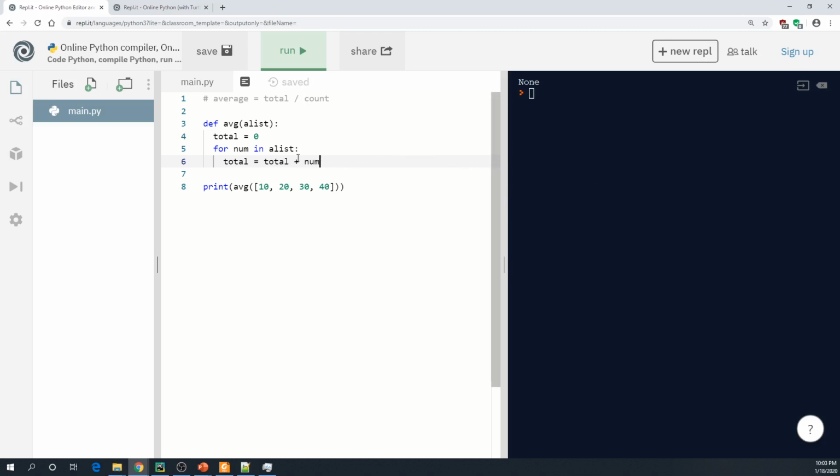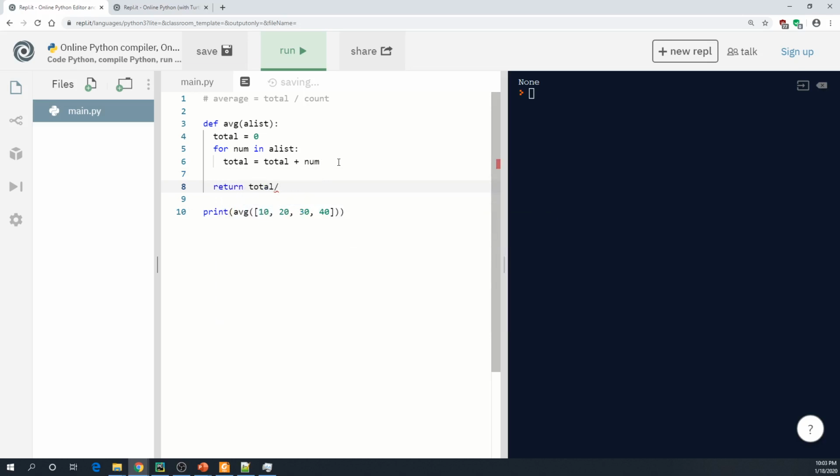I'm adding num, which is a loop variable that iterates 10, 20, 30, and 40 one at a time. I mean, each time you will get the next number in the list, and then I return